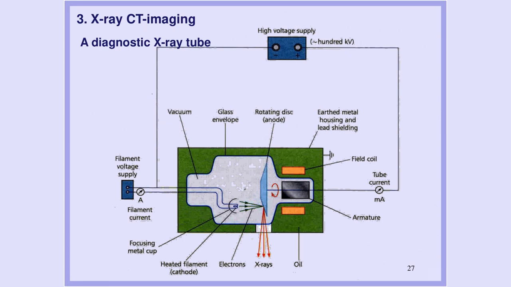On striking the target, the electrons lose most, about 99% of their energy, in low energy collisions with the target atoms, resulting in a substantial heating of the target. The rest, that is 1% of the electron energy,